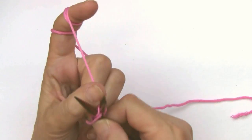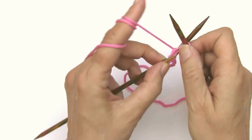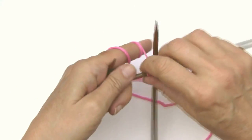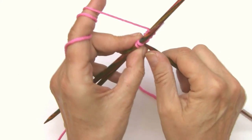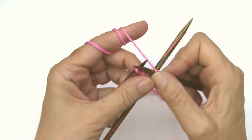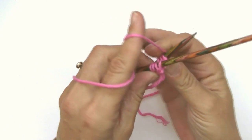So we knit 1, yarn over, knit 1, yarn over. Don't lose the last yarn over on the needle. Knit 1, yarn over, knit 1, yarn over. One round we knit, the next round,